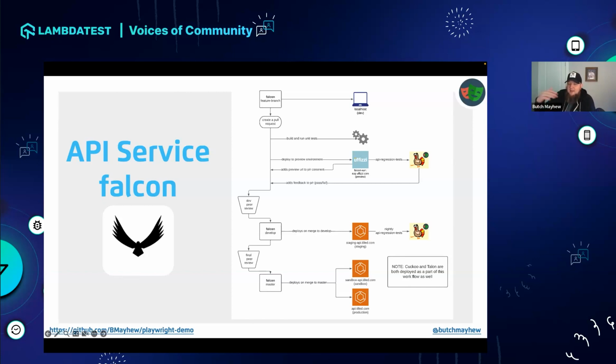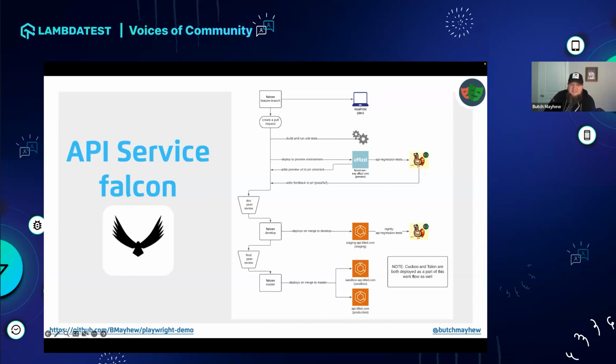And then before that, going up the chain of how we get code to production: the first thing a dev is going to do is create a branch off of develop. They're going to create a feature branch, do some testing on their local, and hopefully run their unit tests. They should be doing that. And then once they create a pull request, we've got some automation that goes through and we'll create, we use